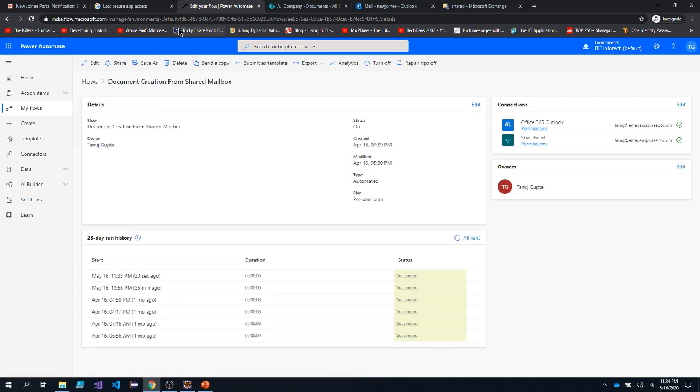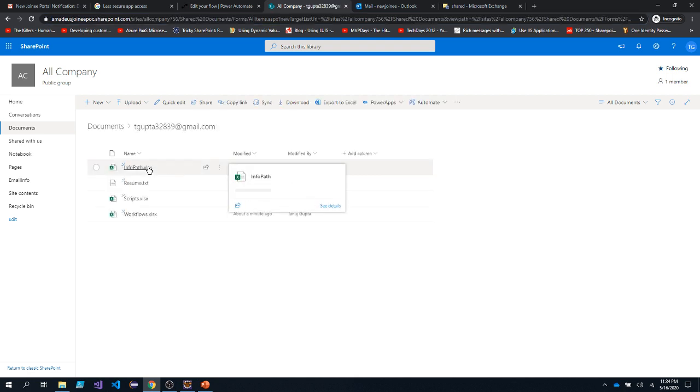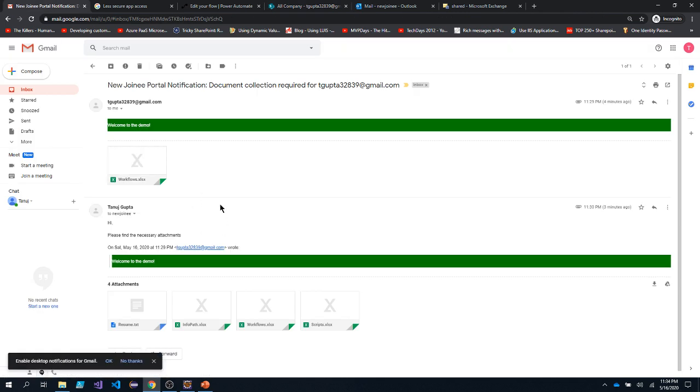And if I see inside the SharePoint site, as I told, the person who replied to that email, a folder gets created with that email address. Upon clicking on that email address, these are the 4 attachments that we attached while sending the email from our Gmail client.